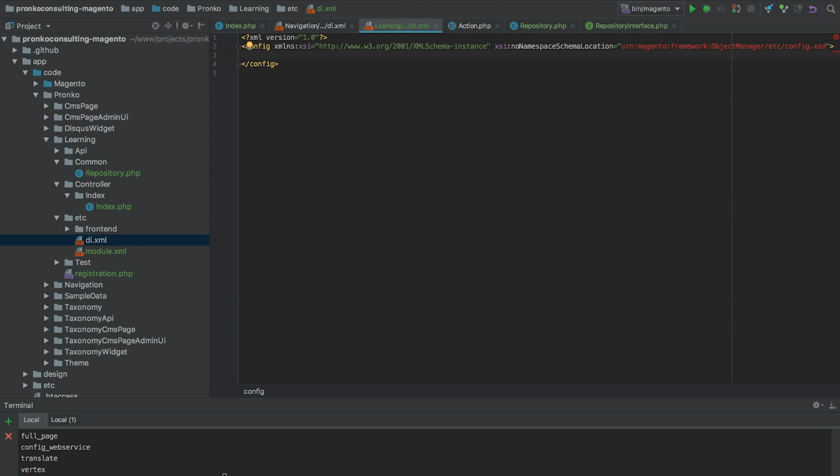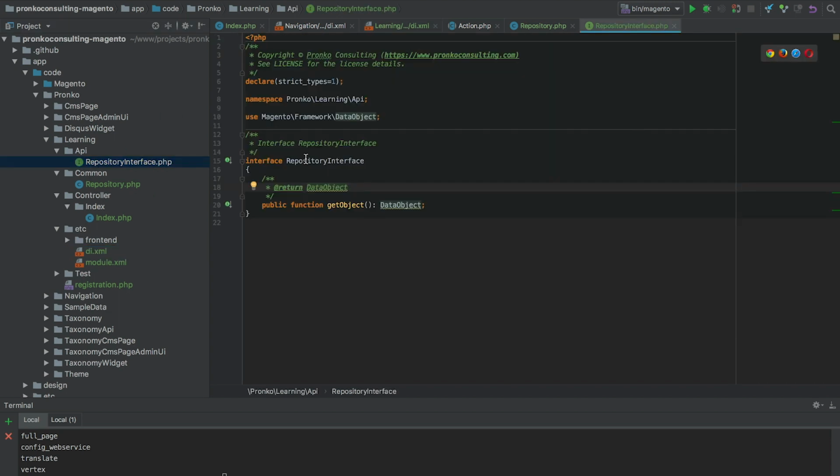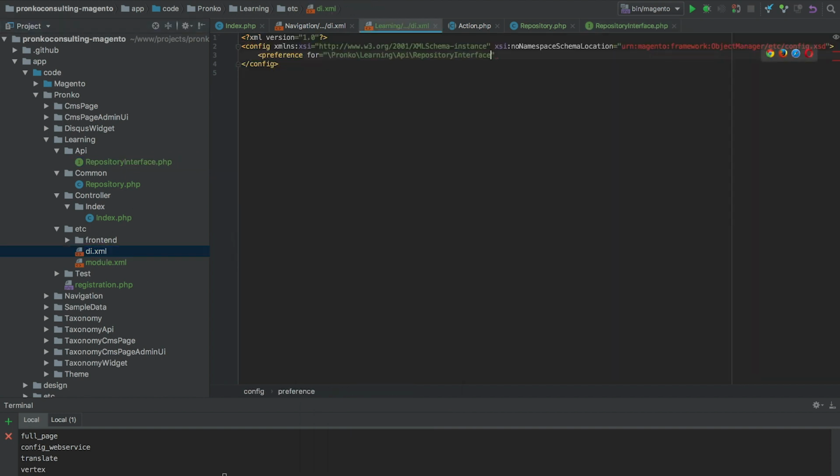Let's create a new node called preference. And there are two arguments we would have to provide. We would have to use the for argument, and this for argument is used for providing a name of an interface. So I will simply copy paste this name without a leading slash.